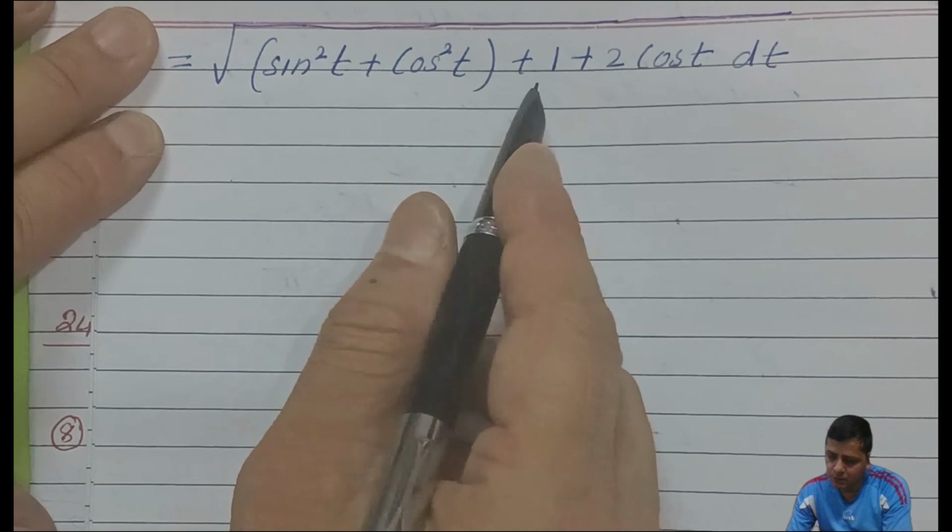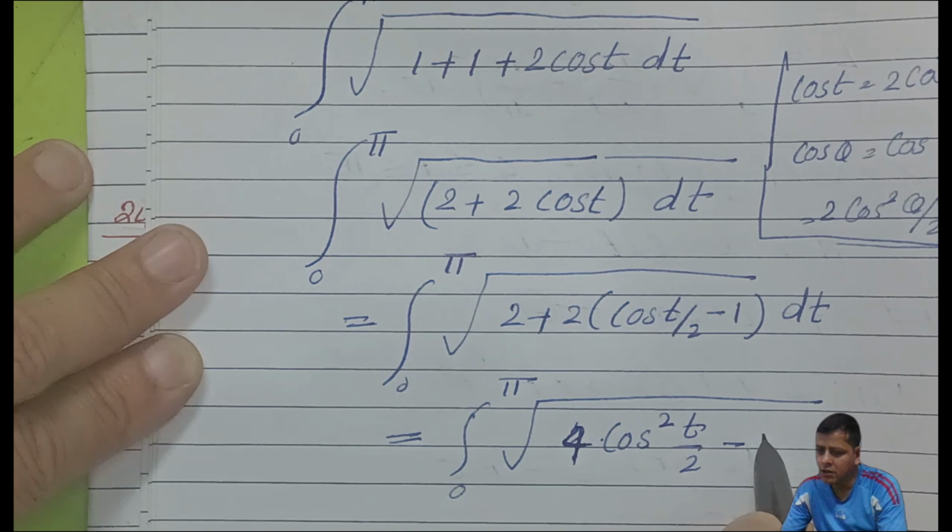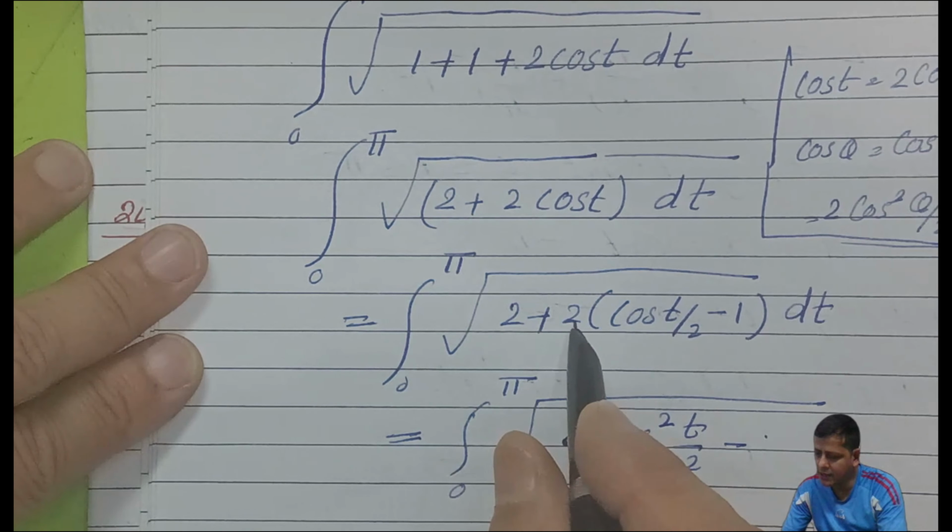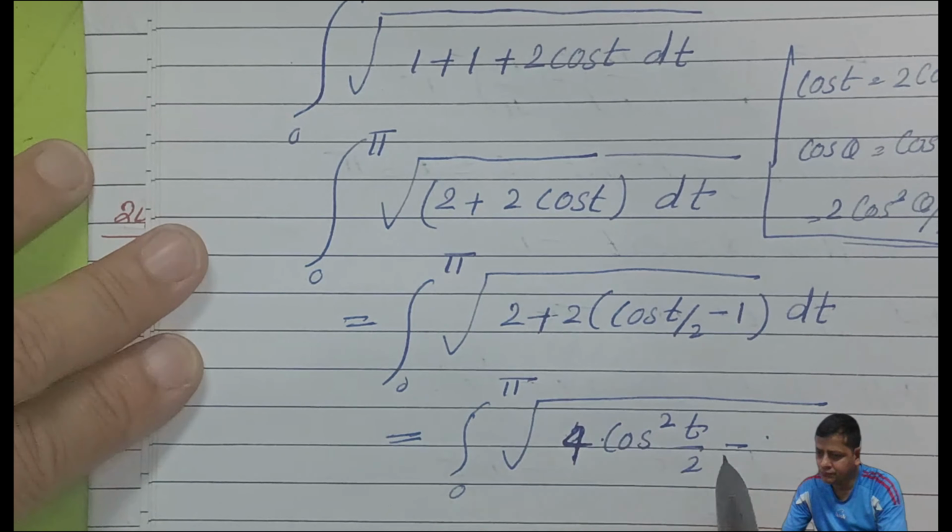So you got this, and then finally what you write is 0 to pi. Here we have already 2, then we had 2, so we get 2 into 2, and this came out, so it becomes plus 4, sorry. Now it becomes 4 cos square t by 2, and if you multiply with 2, then it becomes minus 2 dt. Now further, one more step, you get 0 to pi, you cancel this and this, and you get 2 cos t by 2 dt, because it's an angle, so you cannot cancel, sorry.